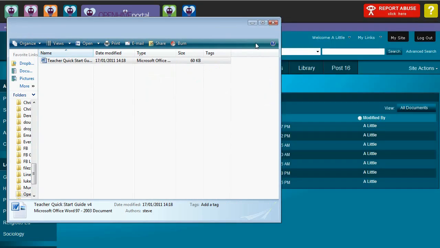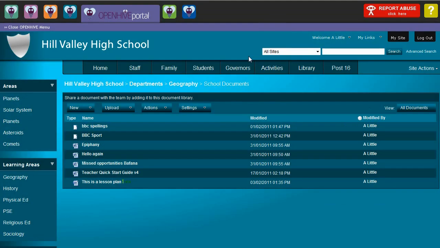This all allows people to consider OpenHive as a simple but flexible tool, so that I can very quickly use the portal and get my department pages set up with the documents that students need to have access to and so forth. Moving on from Portal to some of the other facilities that are available, using this MIS data, we